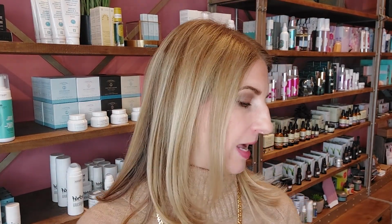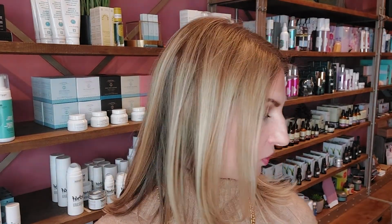Just store your serums, like all skincare products, in a cool, dry place. Most serums I find last around 3 to 4 months if you're using them twice a day. If you're using them once a day, they're probably going to last you 6 months, and if you're doing the month on, month off, they're going to last even longer. But they are a good investment, because you're paying for those really high-end active ingredients